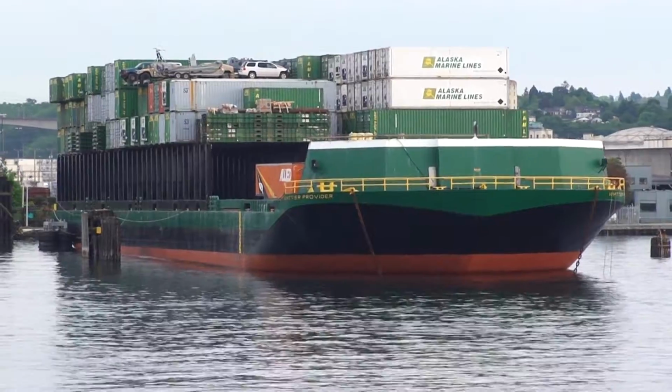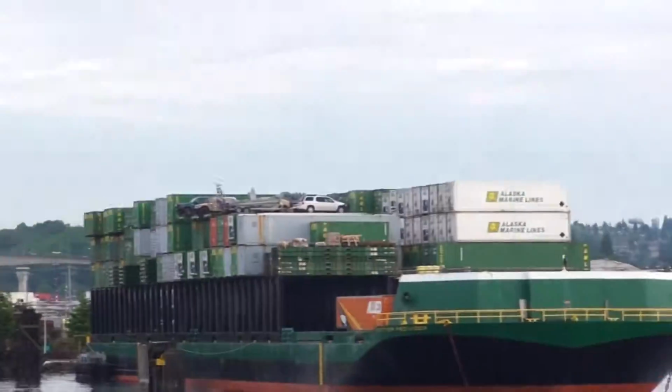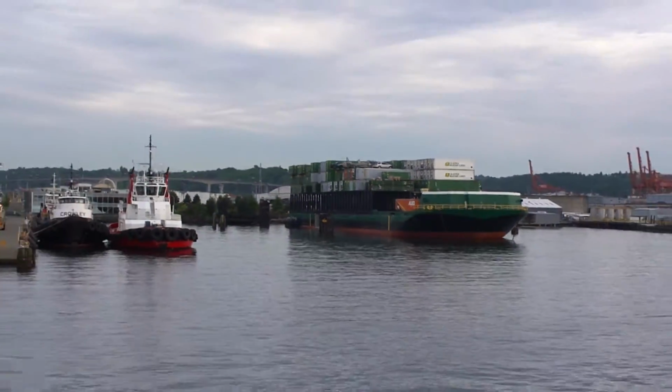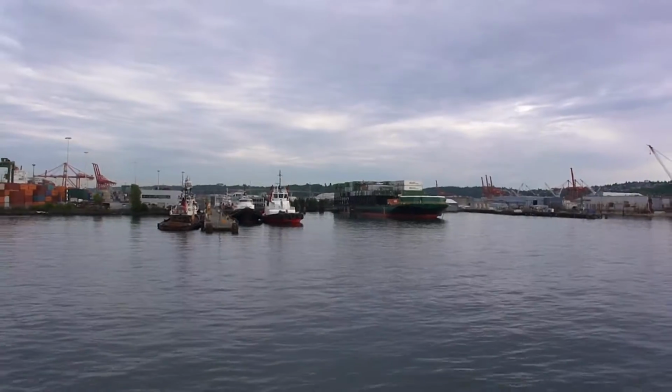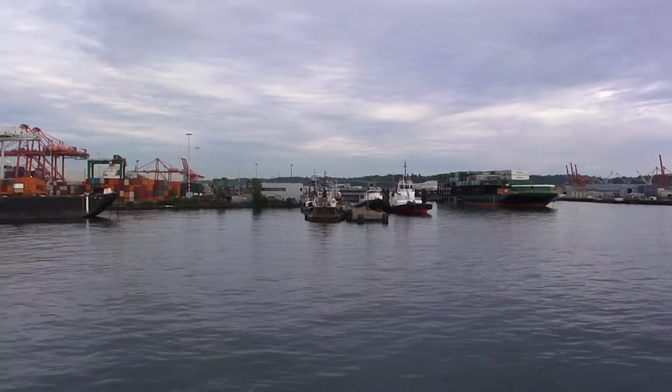Now, for the most part, this is how mainland United States resupplies the state of Alaska. There's a couple of reasons why they do it this way, instead of just taking the railroad all the way to Alaska from here. First of all, that means you have to go through Canada. And as much as I like Canada,